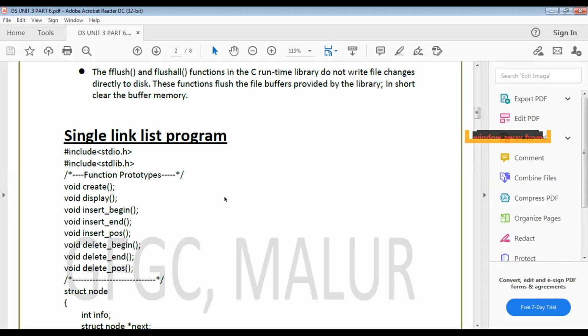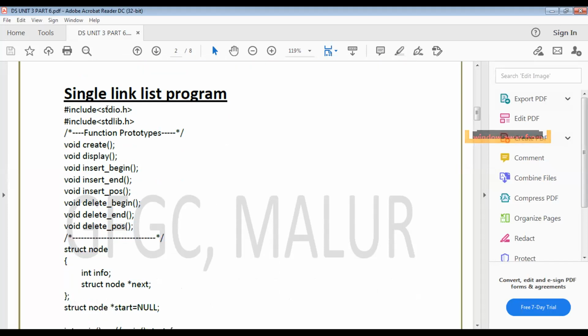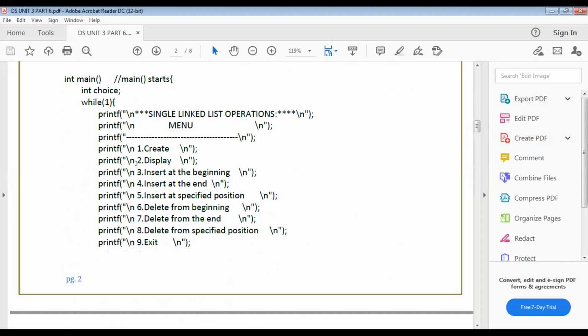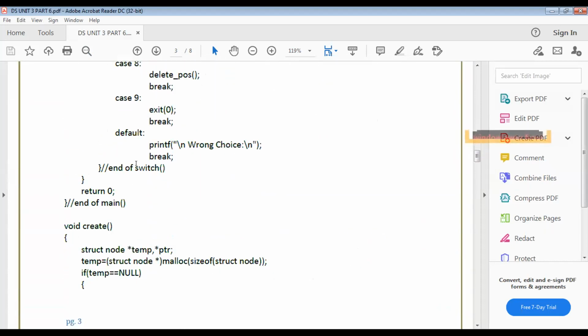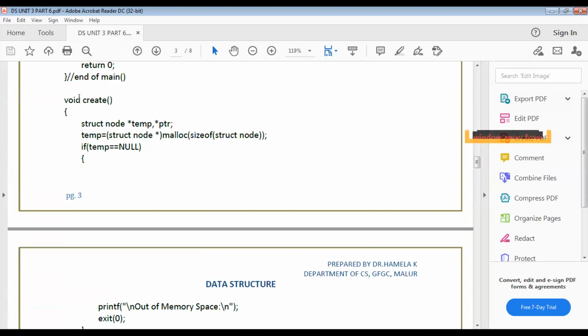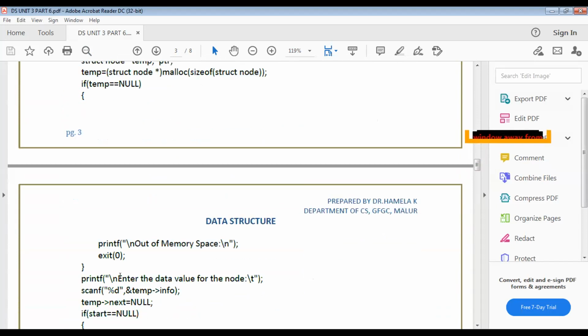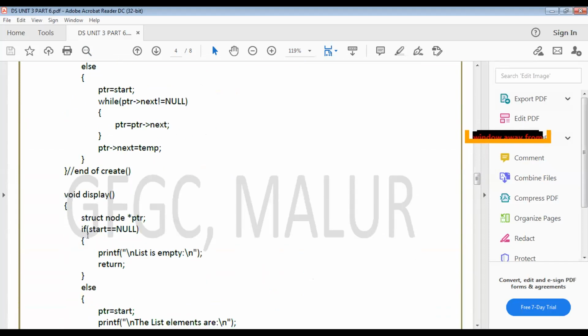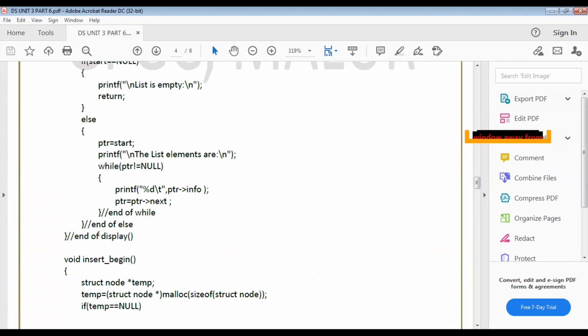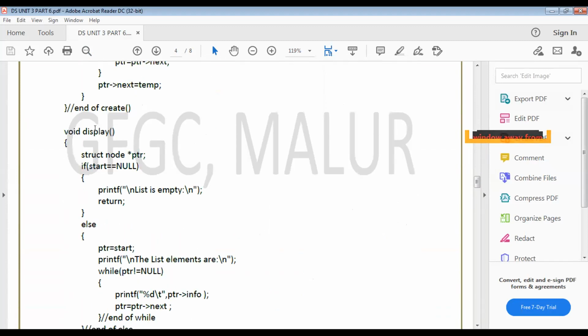You can see the program part of our linked list. You remember these notes we copied. Here, the question asked was write a function for inserting a node at a given position. If they ask only create, you need to write only this part, till here. Create is finished. If they ask display, then from here till here. Even for traverse, display or traversing the node, both are the same. This function you need to write. You don't need to write the entire program at all.